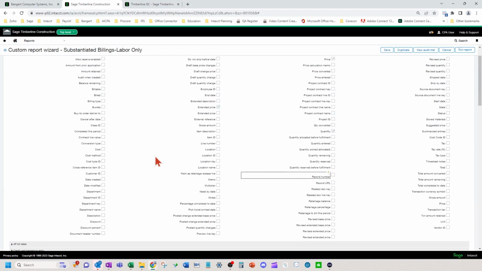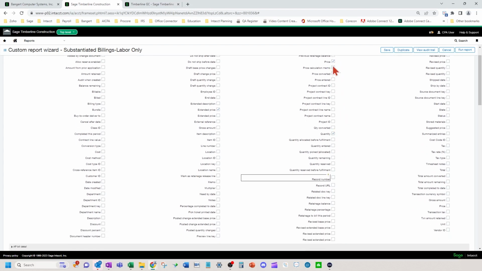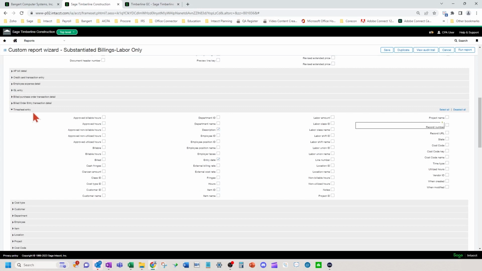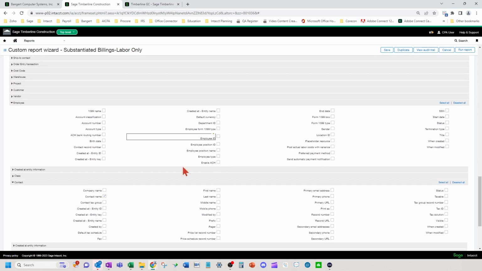Okay, so we've got a similar build, but a little bit different. So I've got my price, extended price, I want that price, I want my quantity, my hours. So this would be my hourly rate and my hours to get me my price. If I scroll down a little bit more, I've got the timesheet entry table I'm playing with now, where I want to show a description. I want to show the entry date as well. Scroll down some more, and I want the employee's name on the report. So I'm under the employee record, under that contact for that employee.